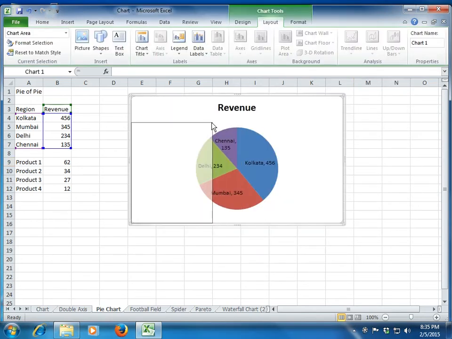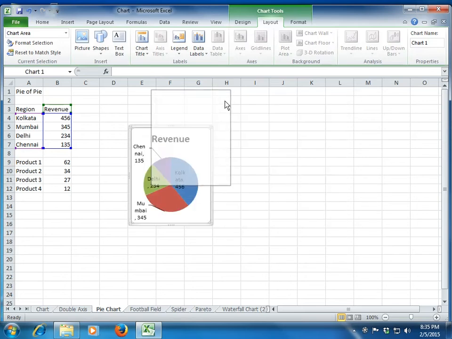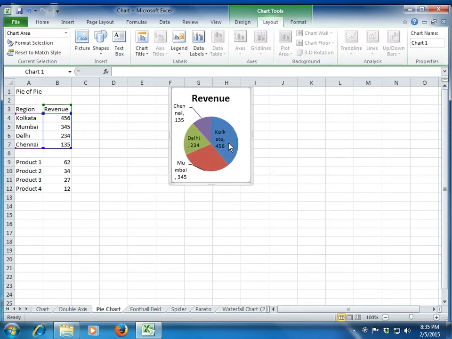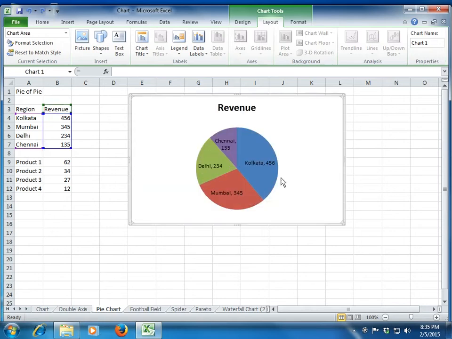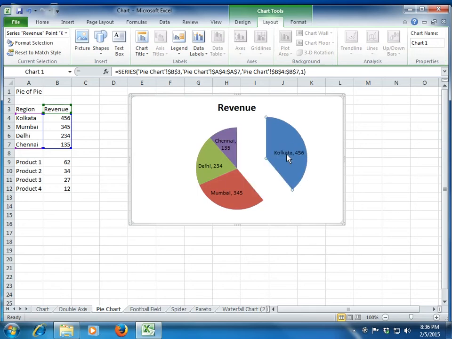So that's something I wanted to show you in the basic pie chart, but of course that's not the only thing. Now let me tell you one more thing. If you want to play around with the entire chart, you click once. Let's say if I want to modify or format any particular pie, I again click it and you see that only this pie is selected, right? So you can drag it out to focus on this pie. So that's also possible.